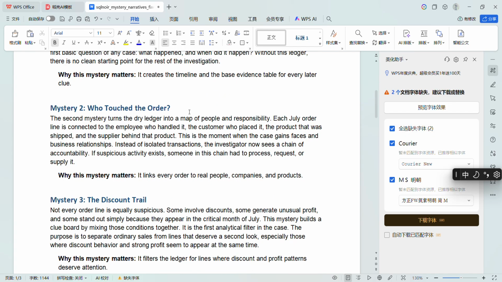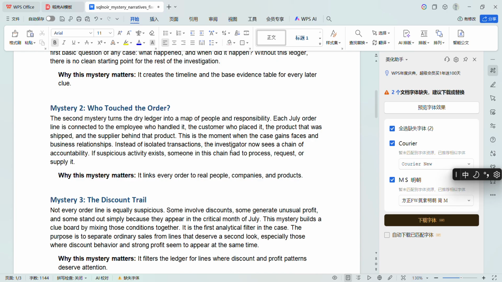Mystery 2. Who touched the order? The second mystery turns the dry ledger into a map of people and responsibility. Each order line is connected to the employee who handled it, the customer who placed it, the product that was shipped, and the supplier behind that product. This is the moment when the case gains faces and business relationships instead of isolated